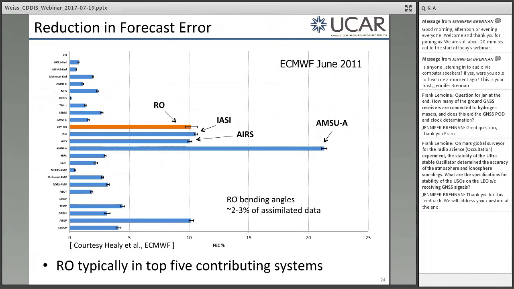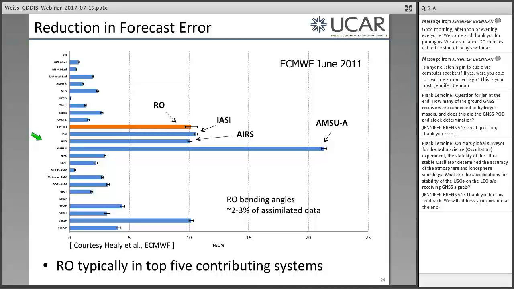People have looked at the reduction in numerical weather prediction model forecast error at various times, so I'll just show a couple of examples here. This is another study done at ECMWF back in 2011, when COSMIC-1 was fully functional. It's a little bit hard to read, but there are various different observation types and sensors that they use in their global weather modeling. There's a lot there, as you can see. And then what they did is a data